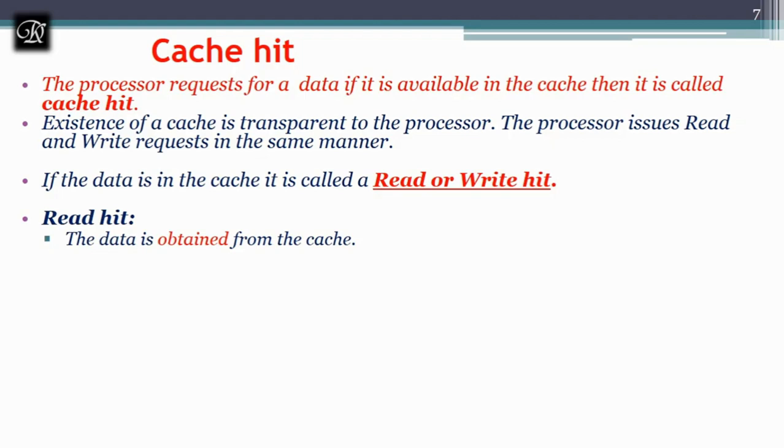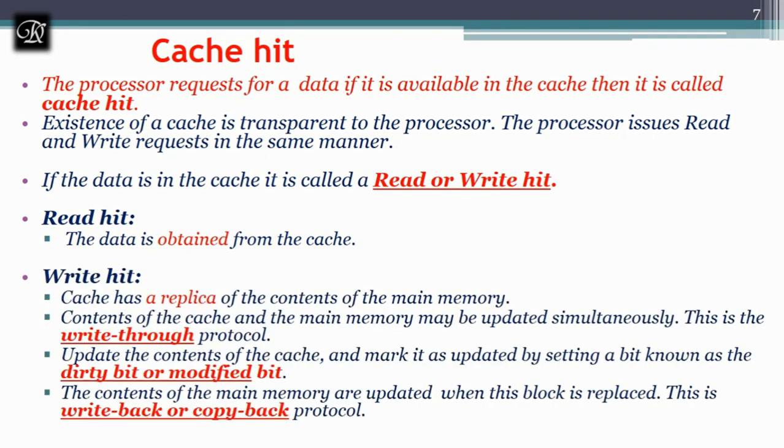So the processor wants the operands for computing the task. For example, if I take the sum of two numbers, a and b are the values I want. If they are available in the cache, then it is a hit, and it will take those values and perform the addition. Next, what about a write hit? When it is a write hit, the cache has a replica of the content of the main memory. I'll write a statement for the sum of two numbers, a equals a plus b. Right now, this is the task I want to do.